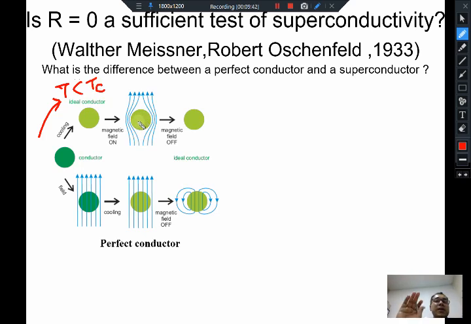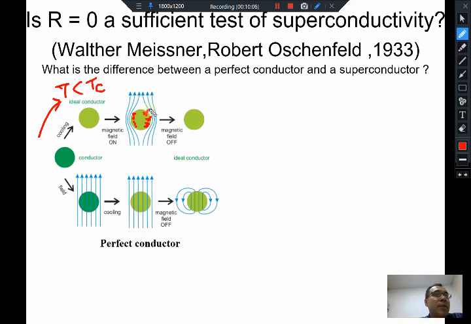The ideal conductor will set up shielding currents all along its edges, circulating around the edges of the material, which will screen the magnetic field from its interior. They will not allow the magnetic field to enter.